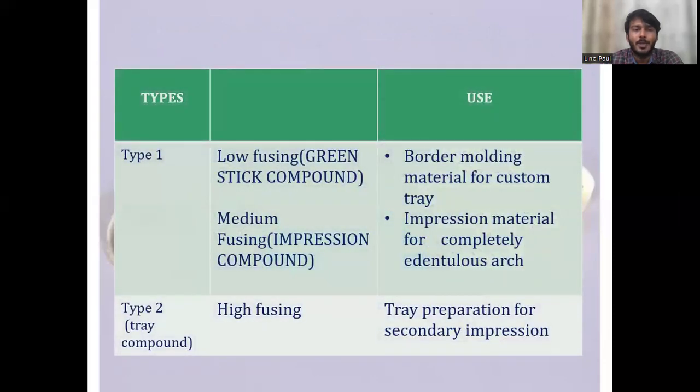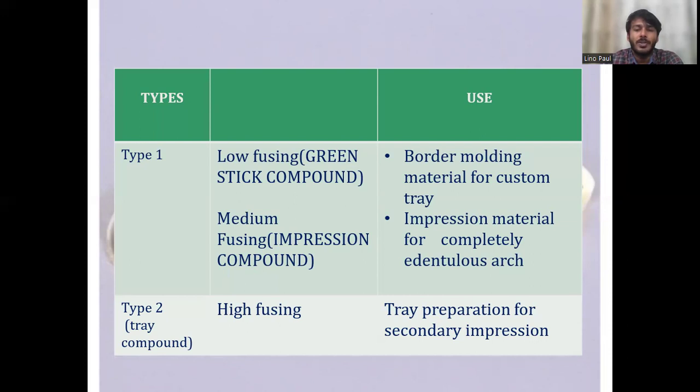So the types of impression compound include type 1 and type 2. Type 1 can be divided into low fusing and medium fusing. And type 2, which is called tray compound, is considered high fusing. The low fusing one is the green stick compound, and the medium fusing one is the impression compound. The low fusing is usually used for border molding for custom tray in an edentulous situation. And the medium fusing impression compound is used for making the primary impression in an edentulous patient. And the high fusing material, that is type 2 or the tray compound, is used for tray preparation